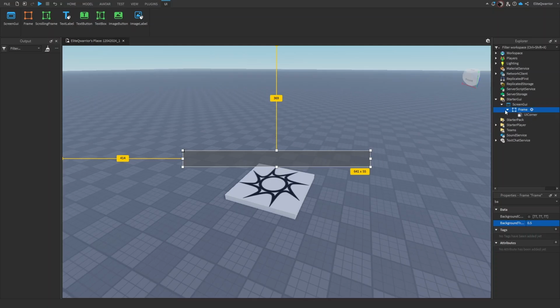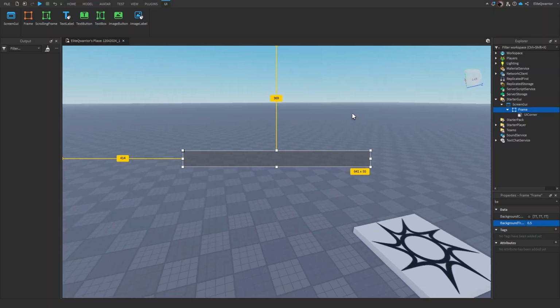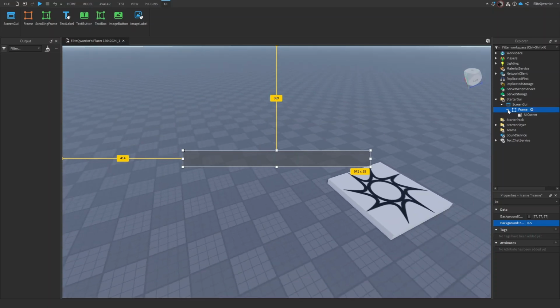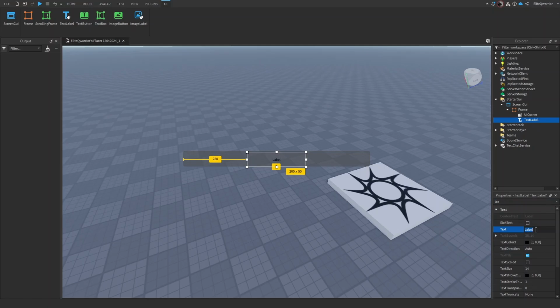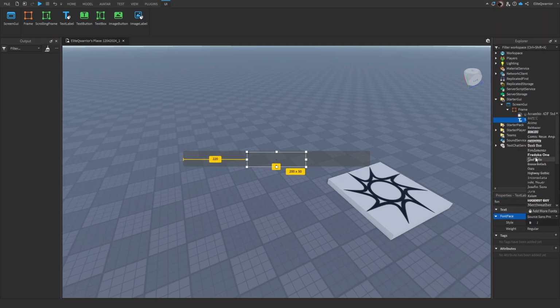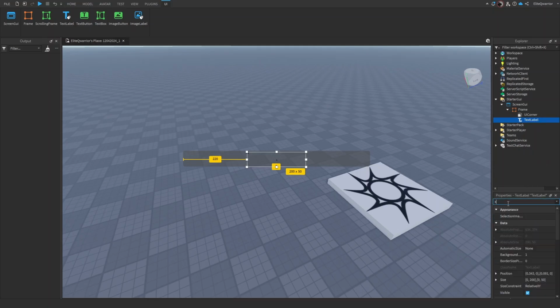But yeah, we got this frame here, right? And we're going to want to add a text into this, right? So we're gonna want to notify the player of something, right? So what do we want to notify the player of? So let's put a text label into this. And this looks kind of ugly, so I'm going to make the background transparency 1. And the text can just stay blank for now. And we can change the font of this to Fredoka 1. This is basically a really popular one in most games. And we can change the size, maybe,